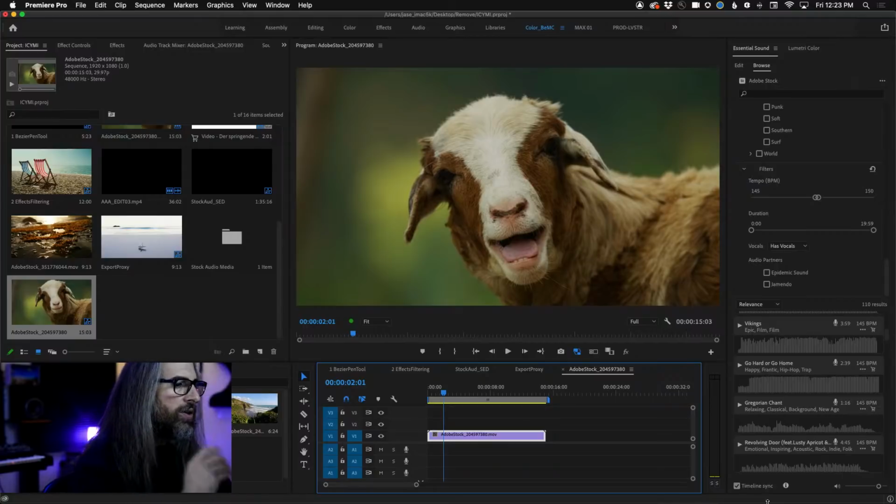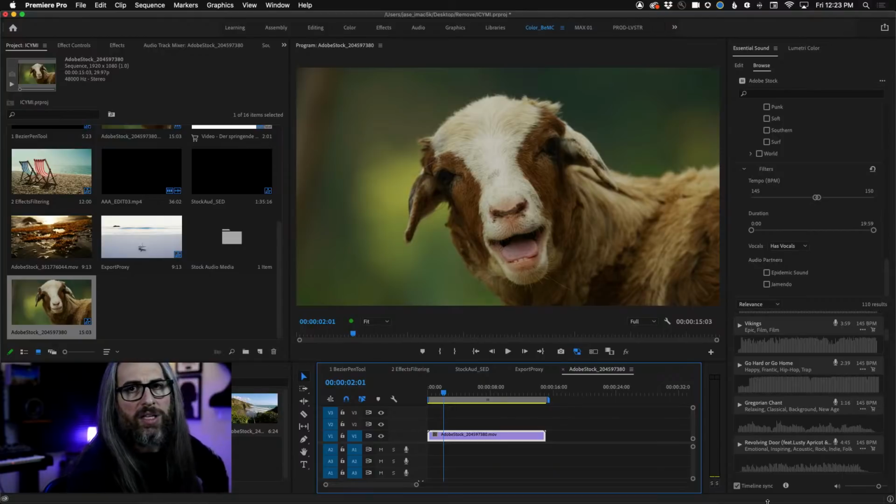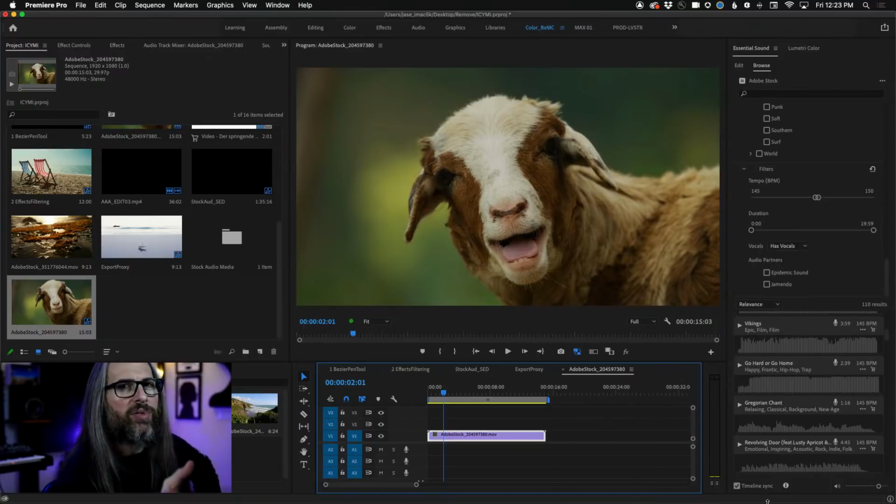Richard saying, Media Encoder doesn't auto open with export from AE. Has anyone else noticed that behavior lately? Interesting. I just did an export the other day and it auto launched for me. I will say sometimes, and I'm sure you've experienced that, Richard, in recent updates, I noticed that sometimes for whatever reason, especially if it's a more complex After Effects comp, it seems to be taking a bit longer.